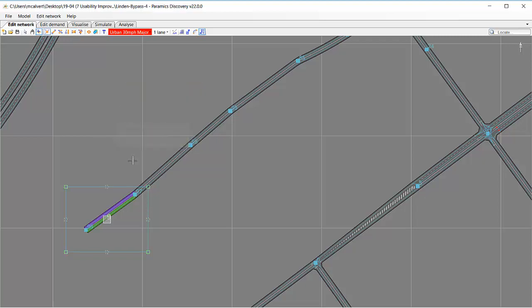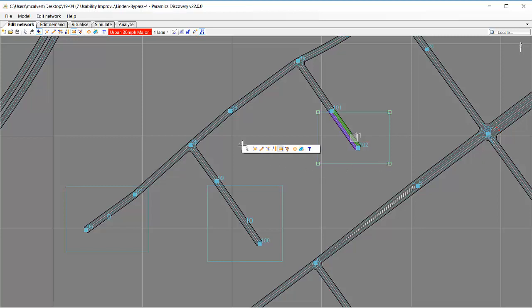So now when you're in the workspace, you can simply right click and move between these different modes. So I can add my nodes, right click, go to add a link and put my links in the model. Then I can maybe add several links at once, and go to add a zone and pop some zones on. So by putting the toolbar on the right click, it just saves a little bit of time when you're creating